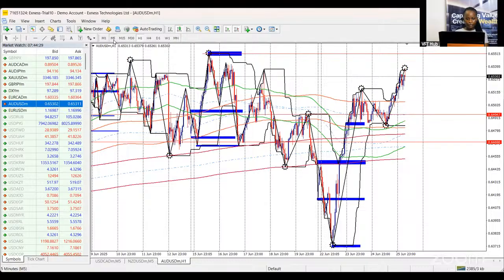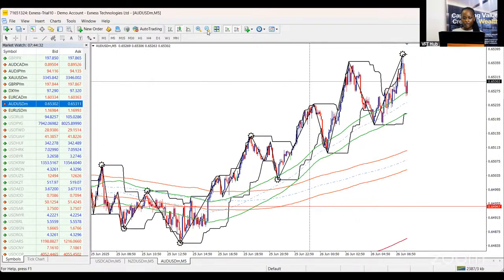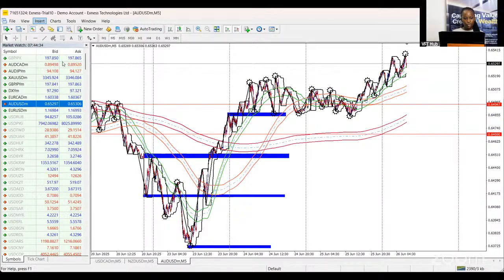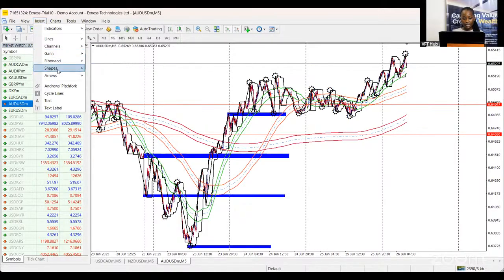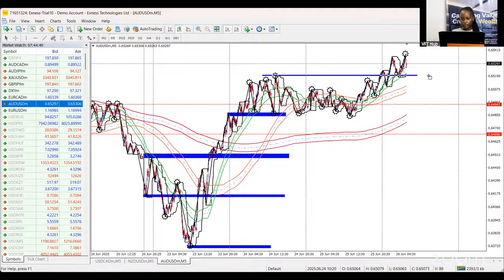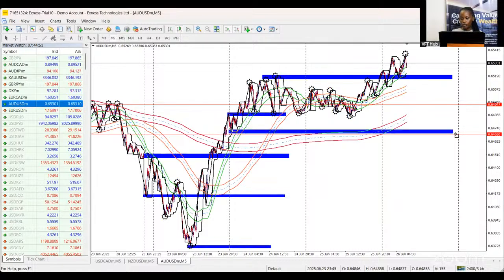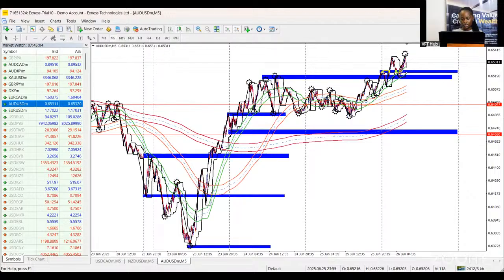Moving to M5. Again, what did I do on two asset classes? I marked out support and resistance zones, which come in the form of yesterday's high, yesterday's low, and day before yesterday's high and low. So this is day before yesterday's high. This is day before yesterday's low, which happens to be in confluence with not just our trend indicator, but our H1 zone. So this is a stronger level that AU might sell into. That's one. And then for yesterday, this is yesterday's high, marked out into today. And then this is yesterday's low right here.